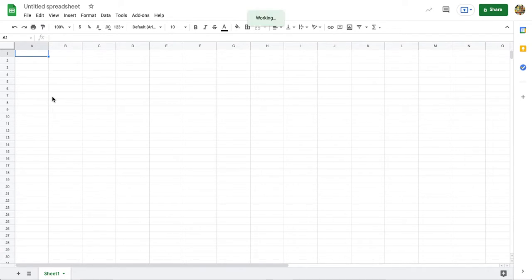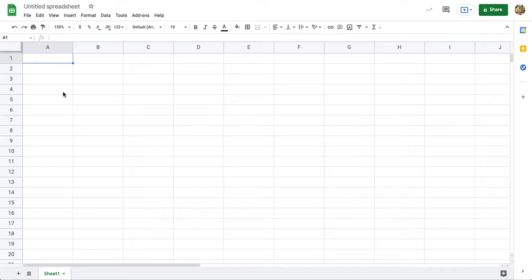So today what I'd like to do is just show you some basic formatting, and this formatting will apply to a number of the things you'll be working on in Google Sheets. So I'm just going to save this as sample. Alright, so the first thing I want you to know with spreadsheets is that when we see this blue box,